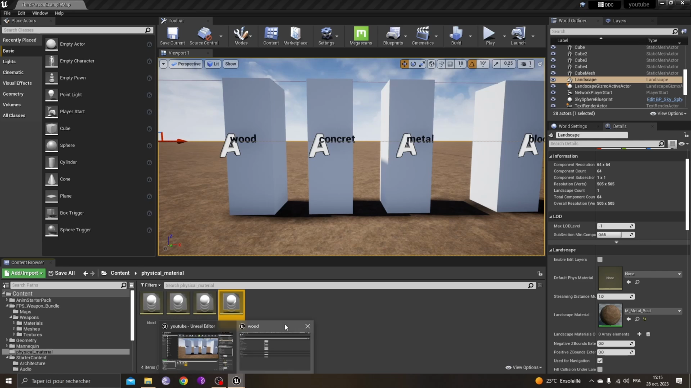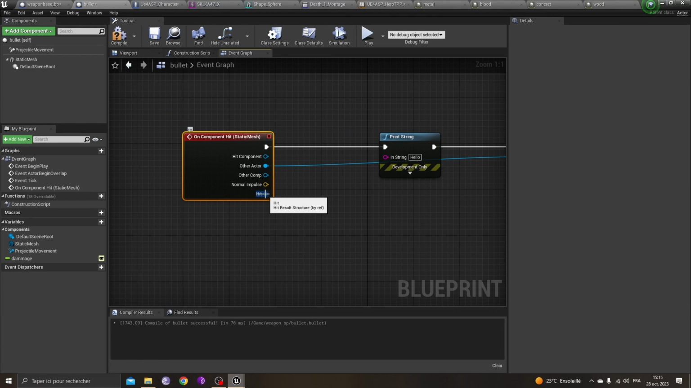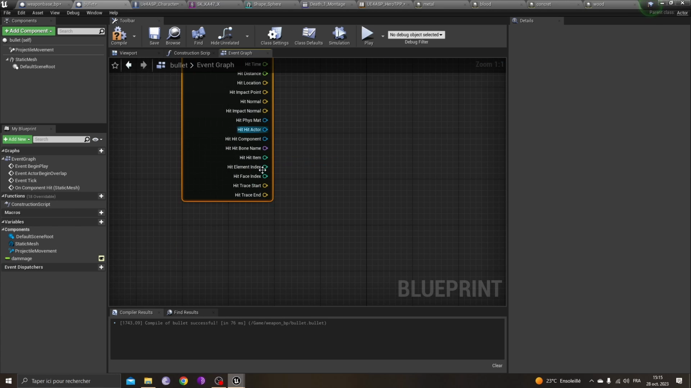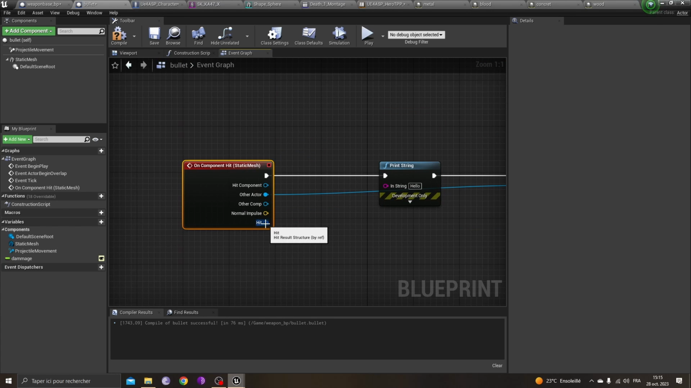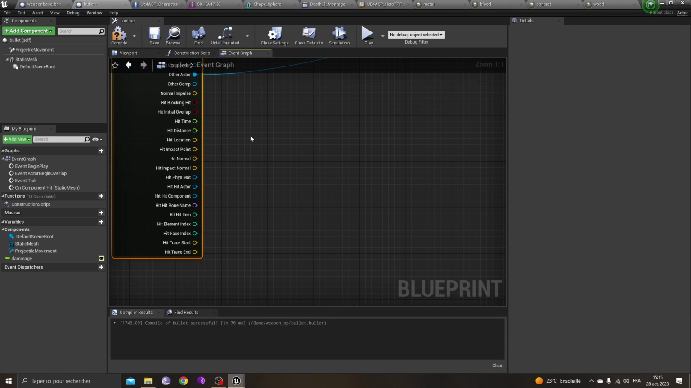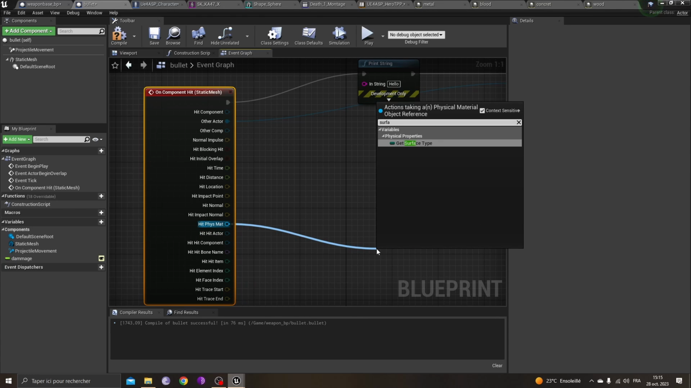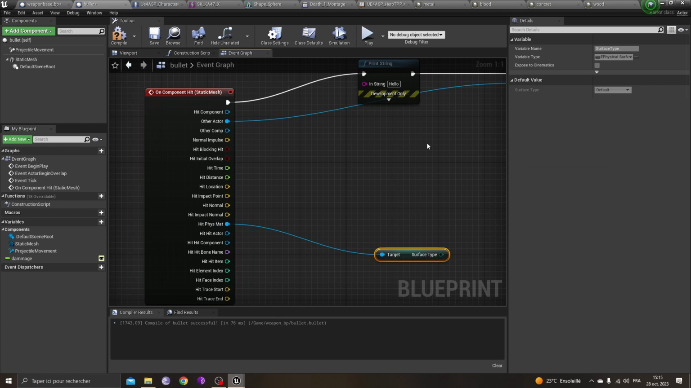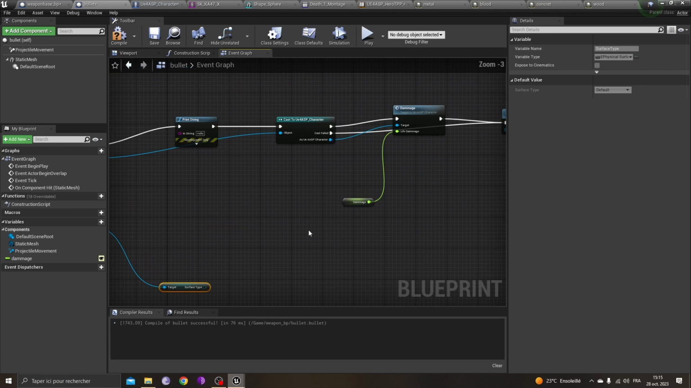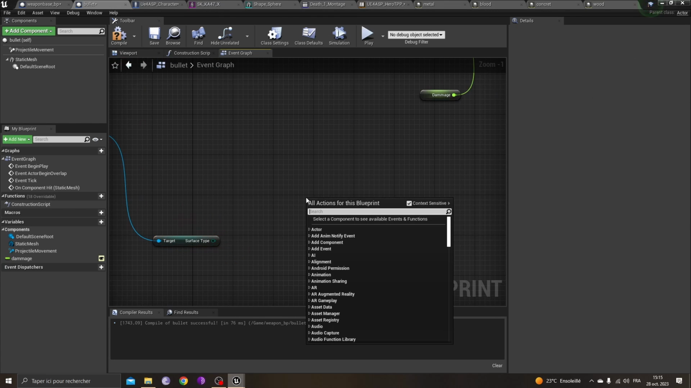Now, guys, on our bullet hit event, you split the hit node, which is in blue, and you search for hit physics material. You type get surface type, and now, guys, you need to have the two nodes. The first one is